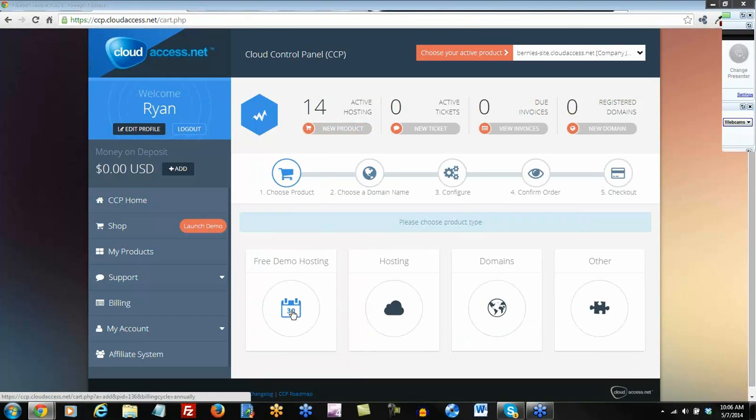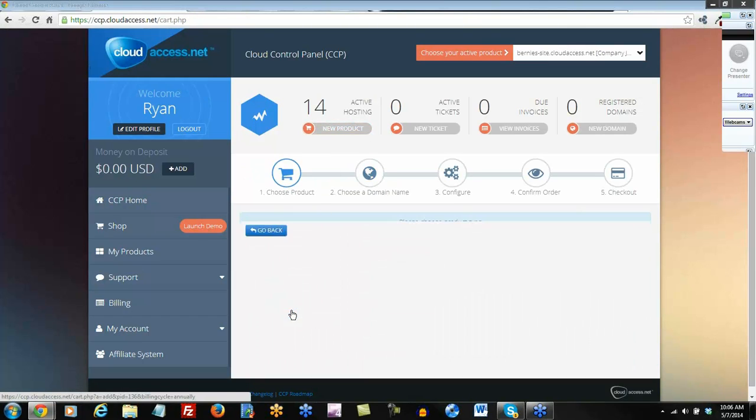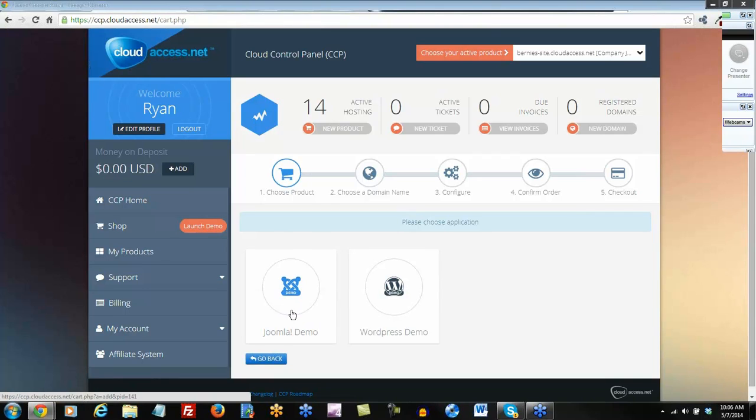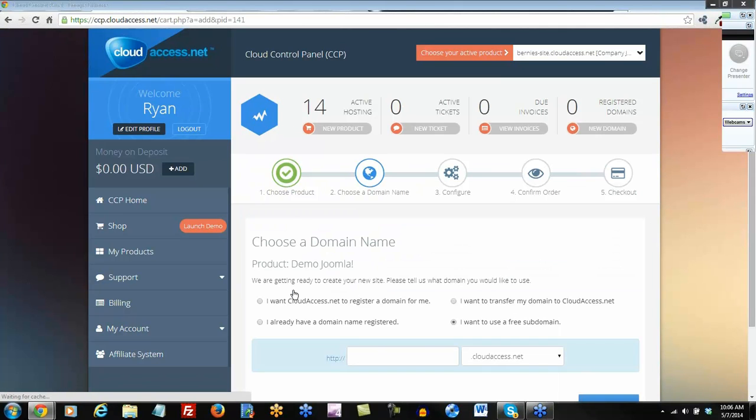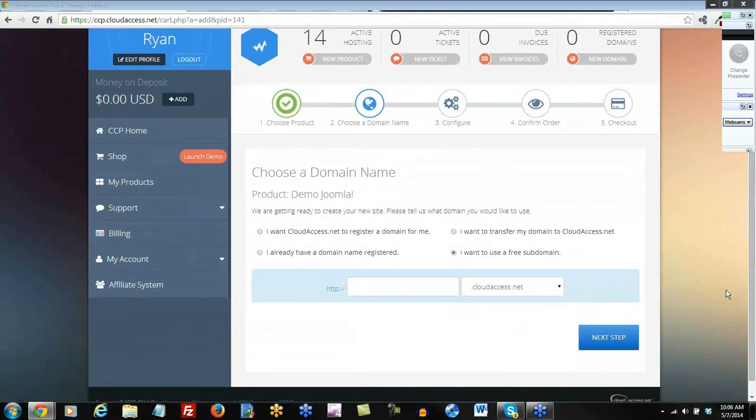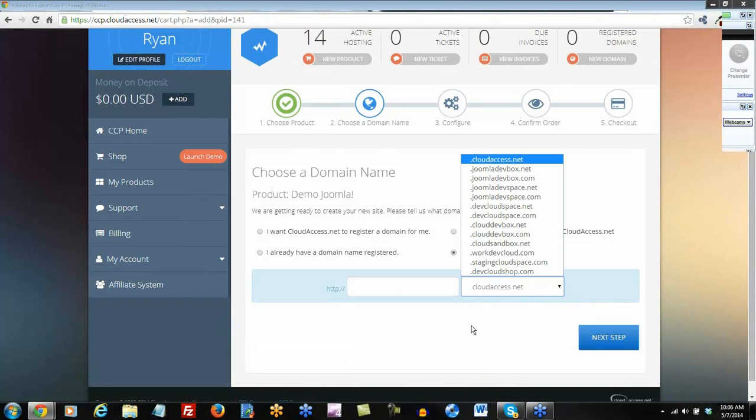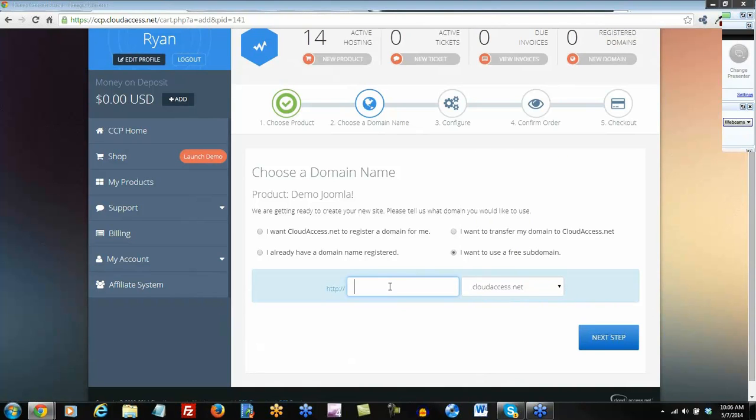So we'll click on the free demo hosting, and we'll select which tool we want to use, and today is a Joomla demo. So we'll click Joomla demo, and next we want to pick a domain name. Now, by default, the fourth option here, the last option, is selected for you. This is our most popular option. This is using a free subdomain. The subdomain is .CloudAccess.net, and you do have a few choices here, but more importantly, you create the beginning part